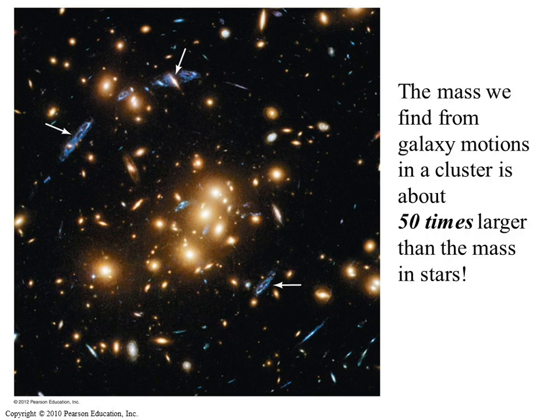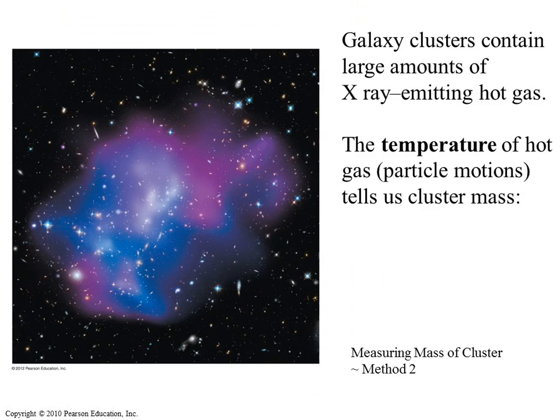And so what they've done using that method, for instance, in a cluster like this, is you can see the baryonic material, okay, from the light that the stars emit. See, stars are normal. Stars are atoms and molecules and stuff. That's normal matter. But there's mass that is not normal, okay? Mass that we can't see. About 50 times the stuff you can see, in these clusters of galaxies.